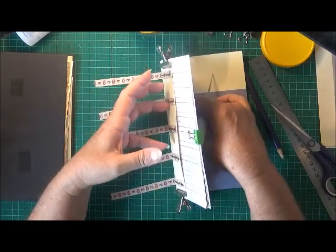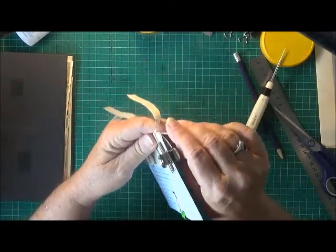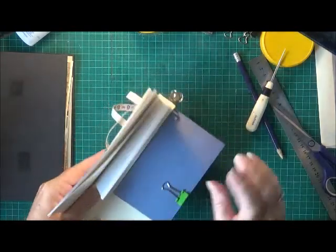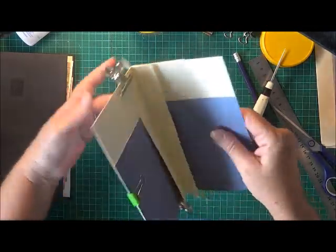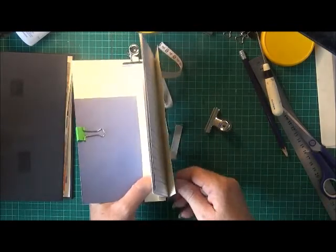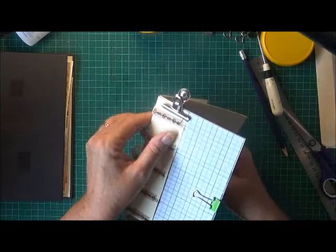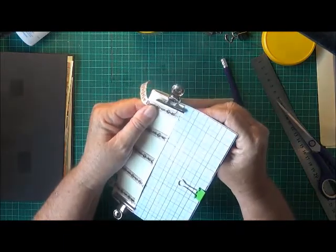I'm going to put that inside my first signature, and remember I've got to put it right to the top up here, so I can hold that in with a clip, and I think I can hold the bottom in as well. Just make sure I push them all together. Okay, and I can hold the bottom in there, and now I can just go and punch my holes through my signature,